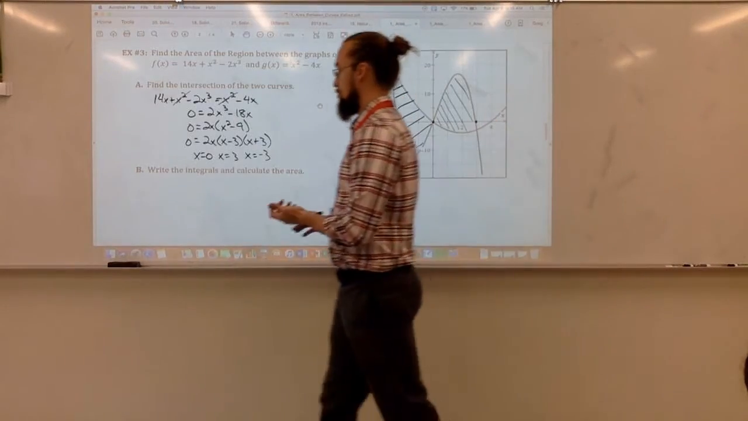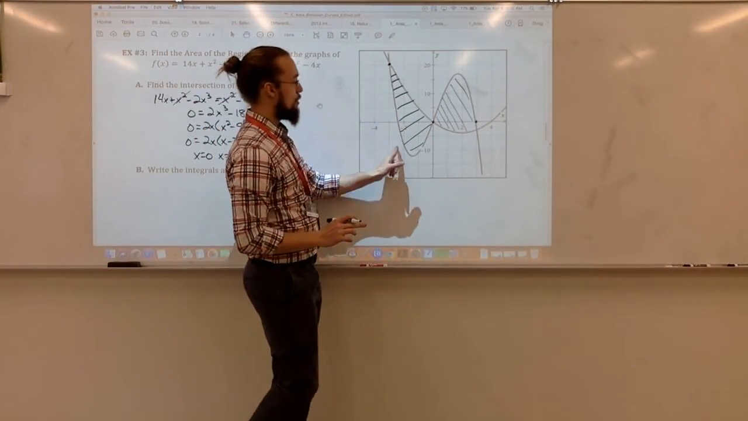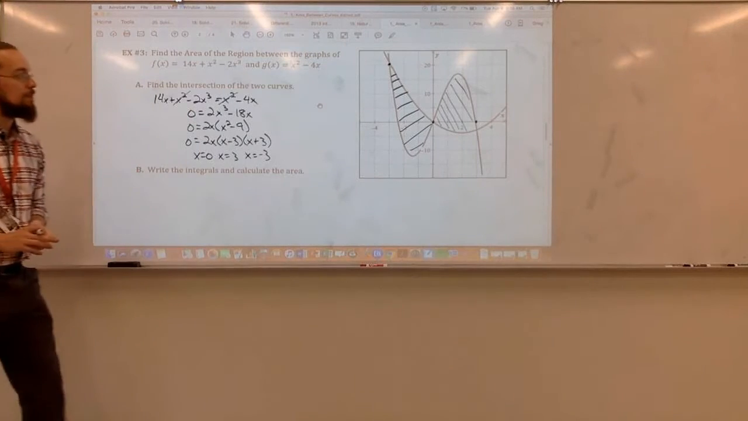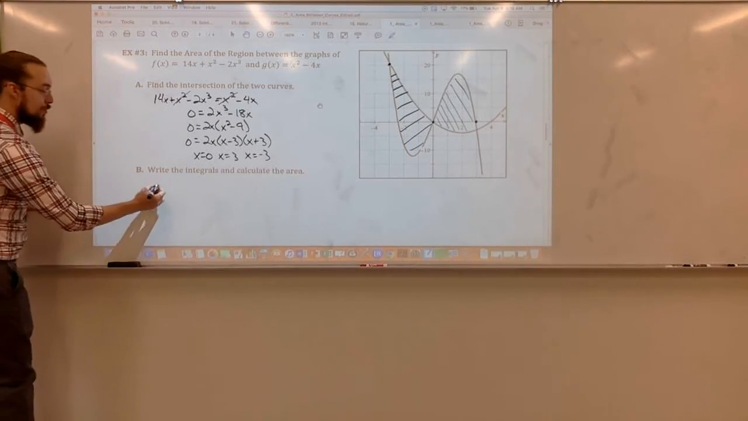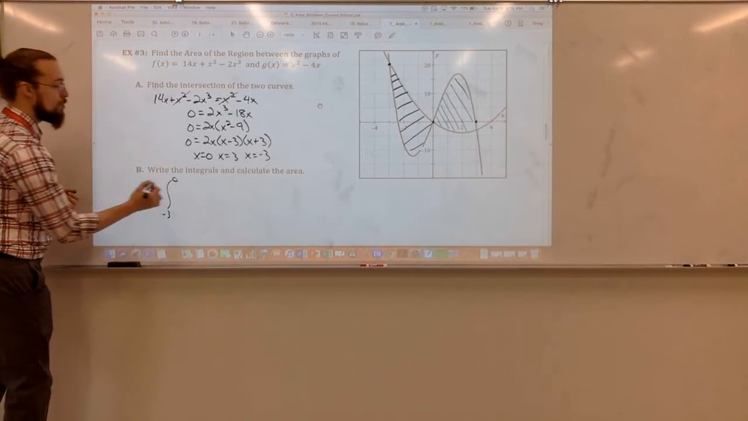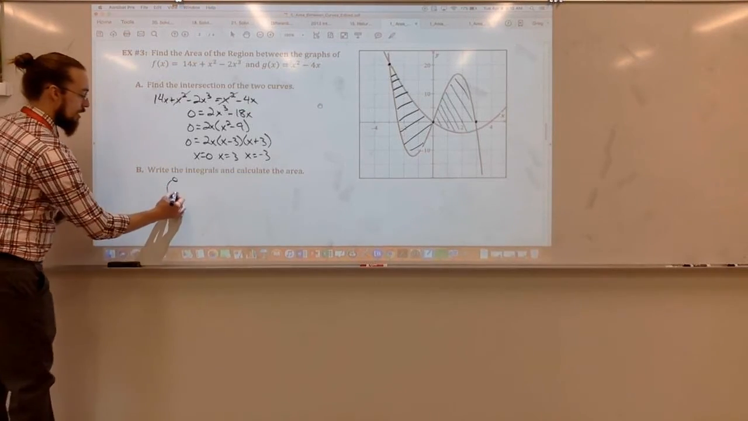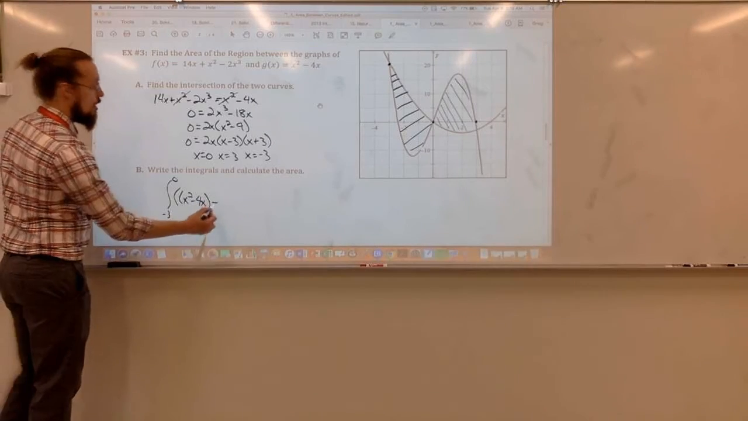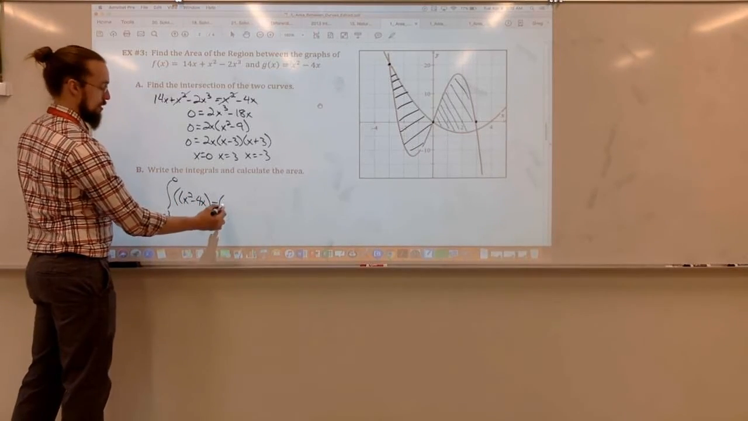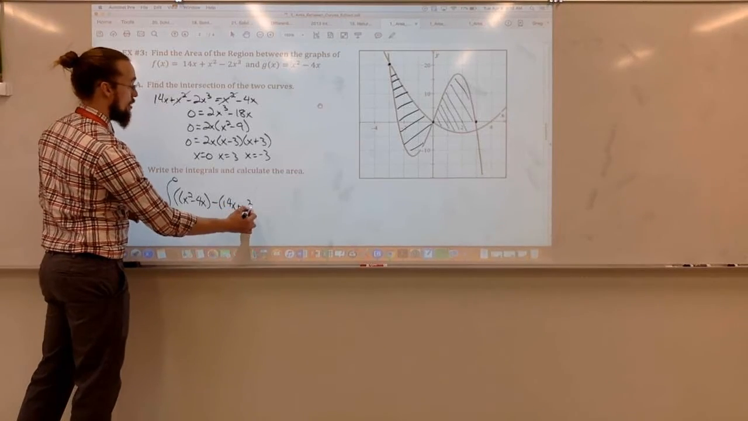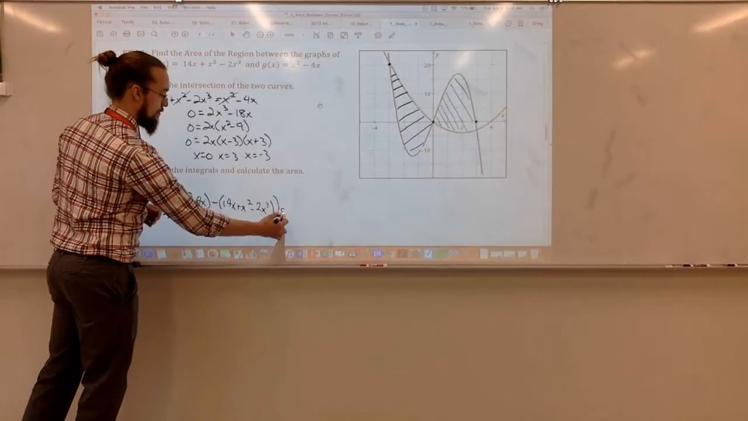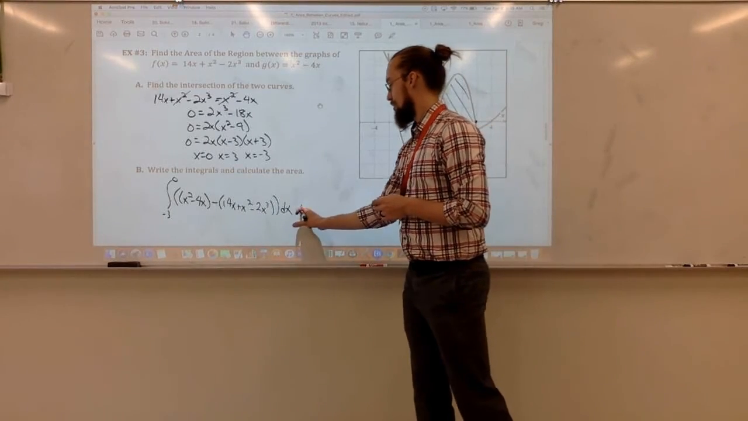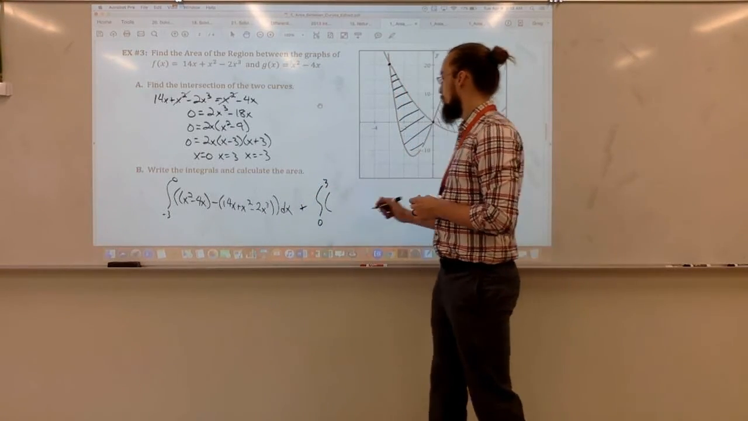To set up my integrals then, over here, which of these functions is greater? Is the quadratic or the cubic on top? Quadratic. So for my first integral, for this first piece that goes from negative 3 to 0, I'm going to say the quadratic, x squared minus 4x, minus the cubic, 14x plus x squared minus 2x cubed. Then for the second piece, the integral from 0 to 3 is going to be